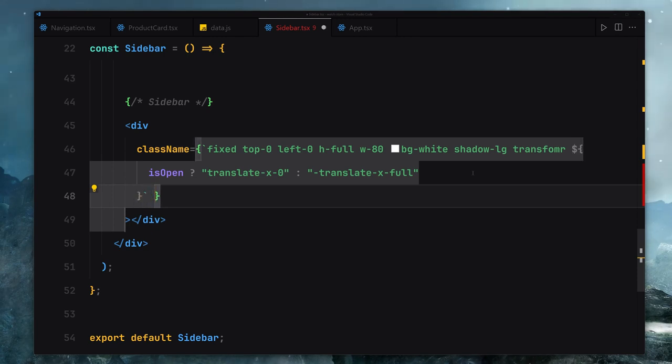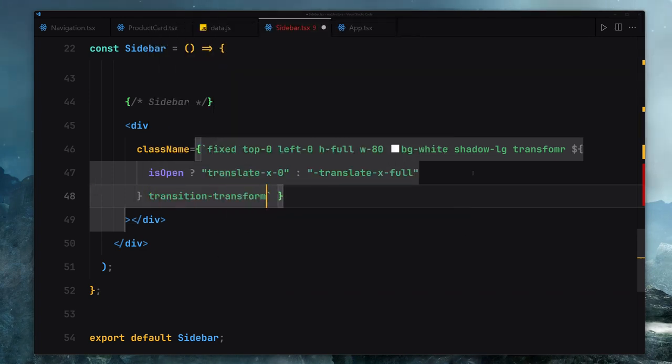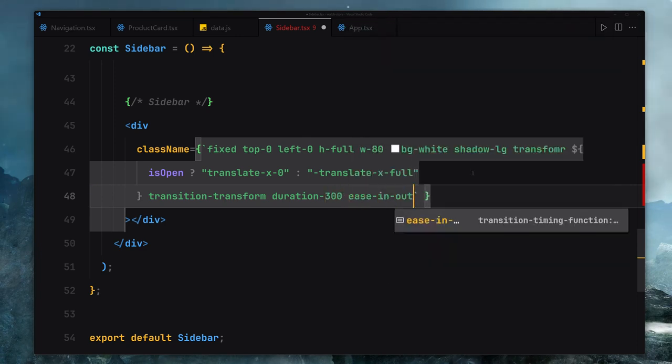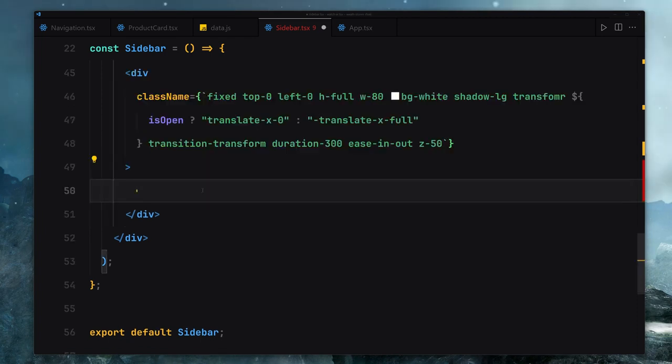So now outside from there, we're going to be providing a bit of transitions to this. So I'll just use transition on the transform. I'm also going to provide a bit of duration, and the duration will be set to 300, ease in and out, and for the z-index it's going to be set to 50. I'm going to save my file right now, and inside there first of all we have to define the header